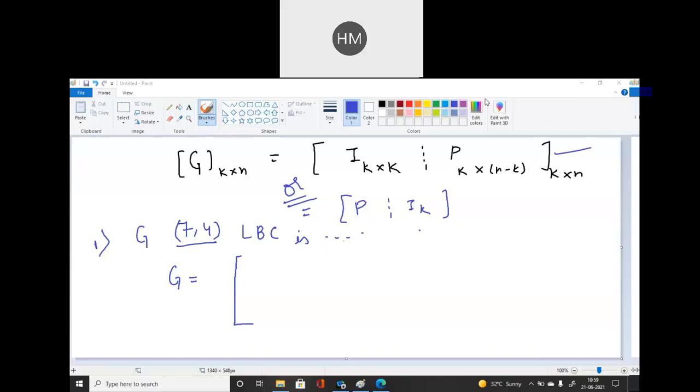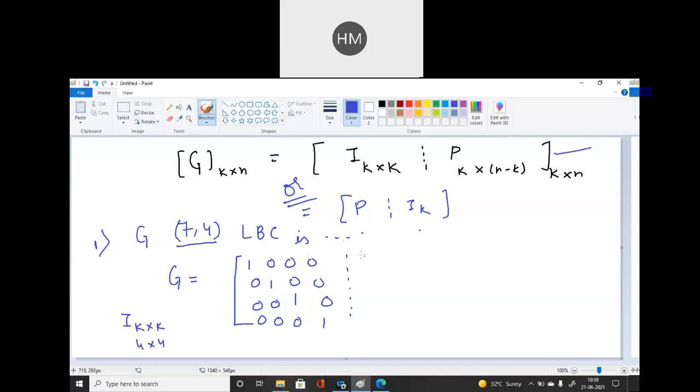Okay, very good. So what will be my K matrix? I will write down the I matrix over here, in a different color pen. The I matrix will be K cross K, that is 4 cross 4. So I will write down the matrix. It is 1 0. Now the K matrix.